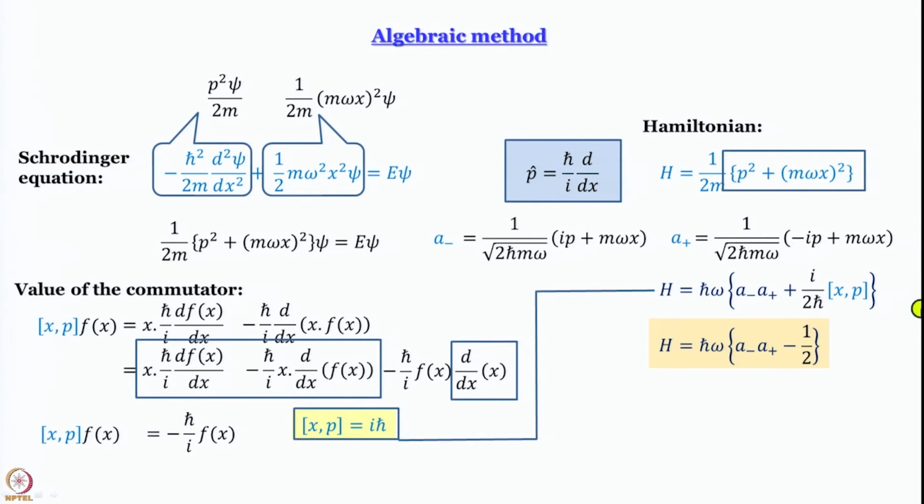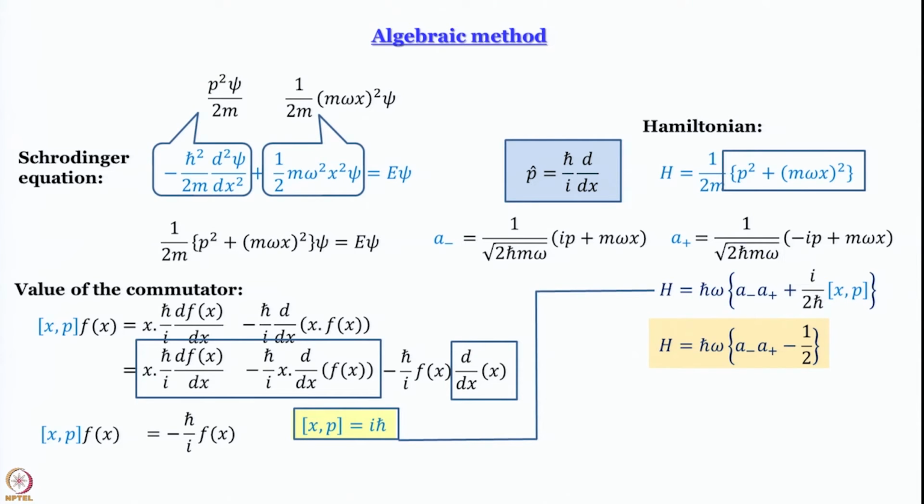Instead of this we will write i ħ, and i into i is minus 1. ħ in the numerator and ħ in the denominator cancel each other, we are left with 2 in the denominator. So, minus 1 by 2. So, it is so simple. The Hamiltonian simply becomes ħω (a₋a₊ minus half), right. So, we have been able to write the Hamiltonian in terms of ladder operators and it has taken a rather